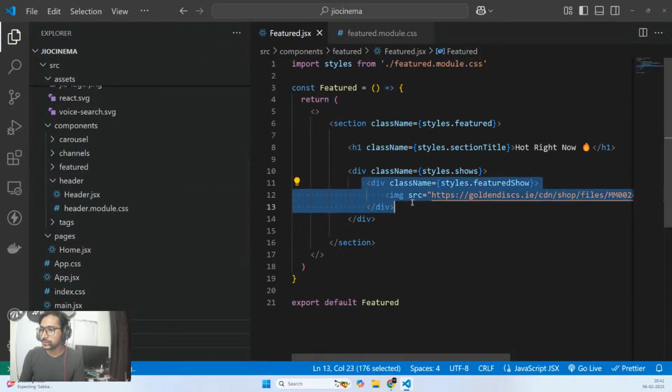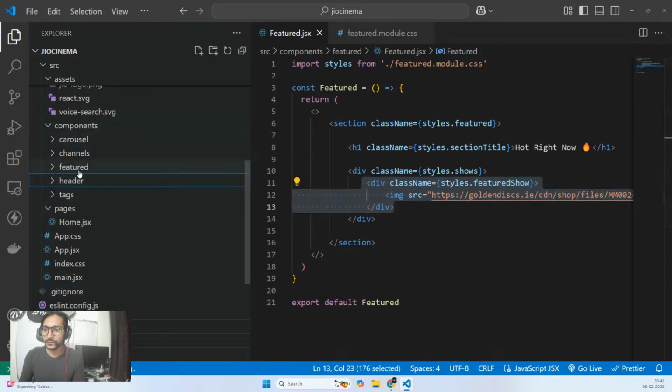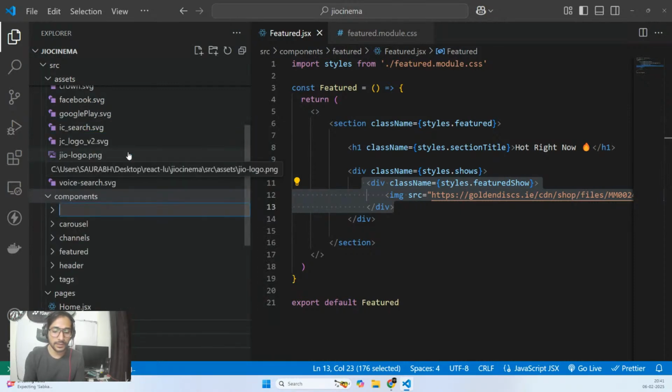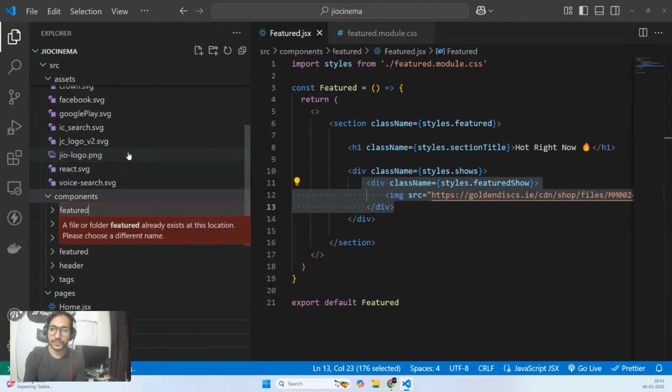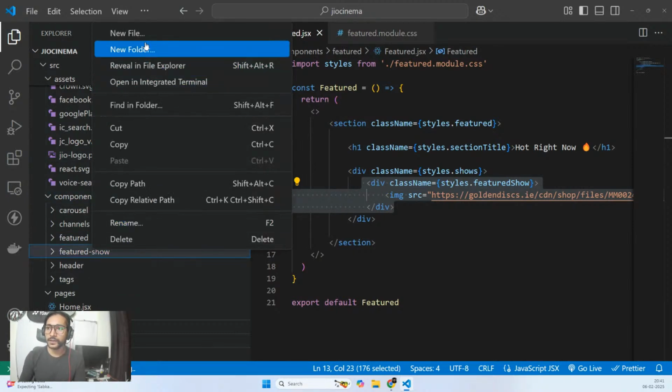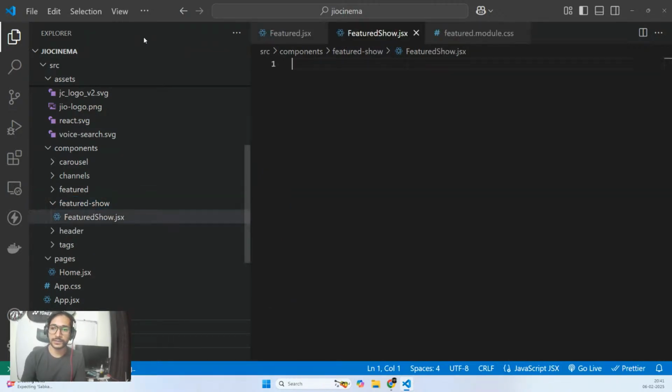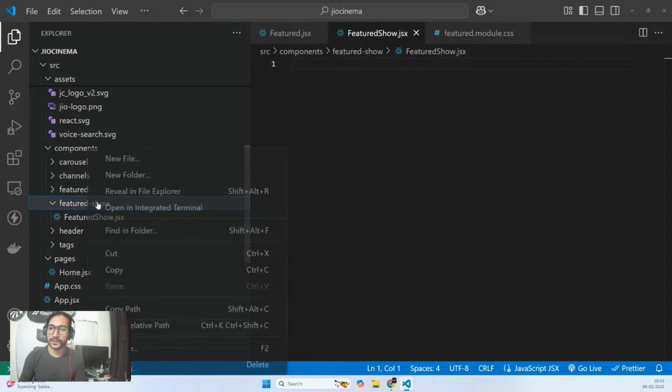Featured show, this is the div. Let's quickly create a component. So, new folder, let's call it featured-show. Inside that, we'll create a component featuredshow.jsx and a CSS file